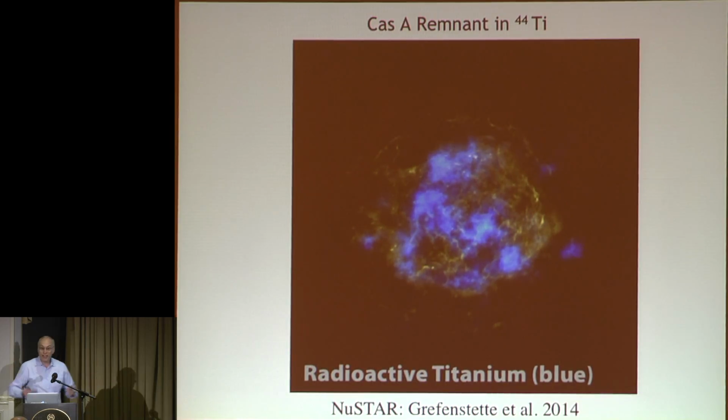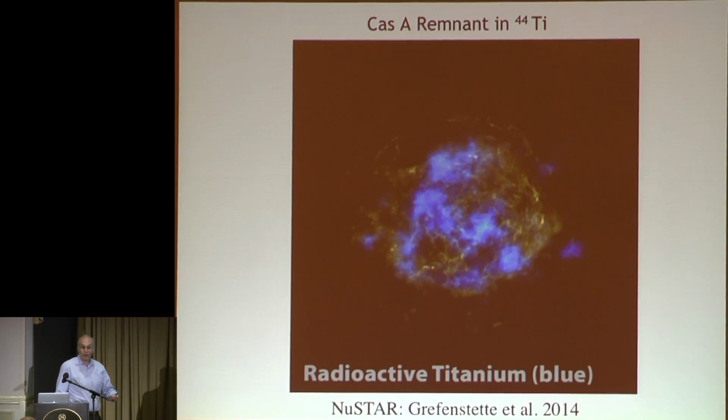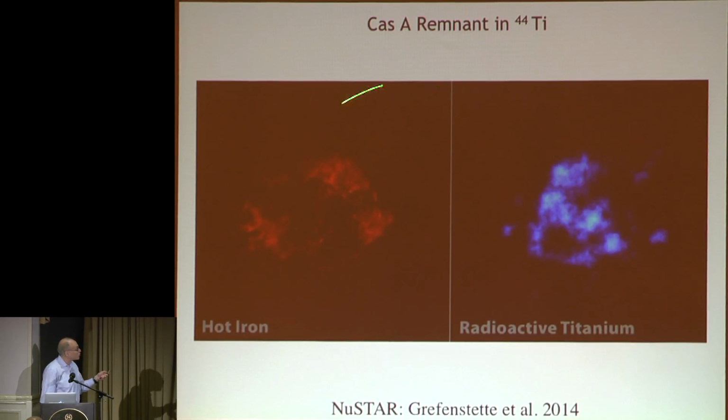Now, there are also new data, of course, on the distribution. In Cas A, we have the new NuSTAR data, the titanium-44 distribution. And what's indicated here is the same sort of thing, that you have low-order modes, a low-order L mode distribution of the ejecta. This is the titanium-44 distribution. And you see you have L equals 5 to 10 to 2, this sort of thing, but not L equals 50 or L equals 100. It's not small-scale structures.